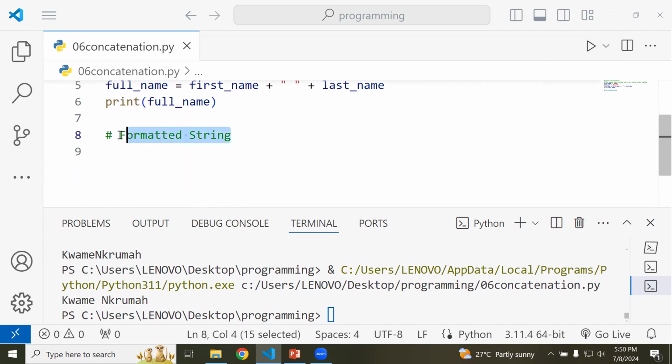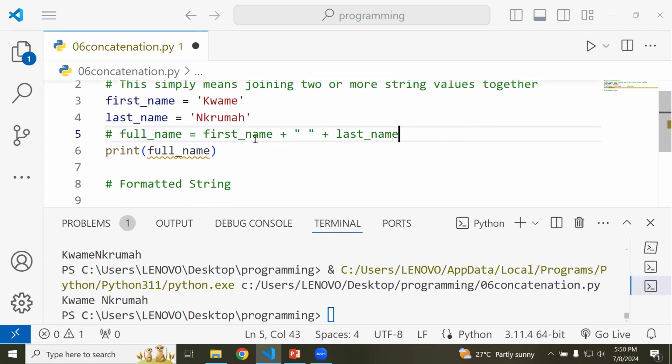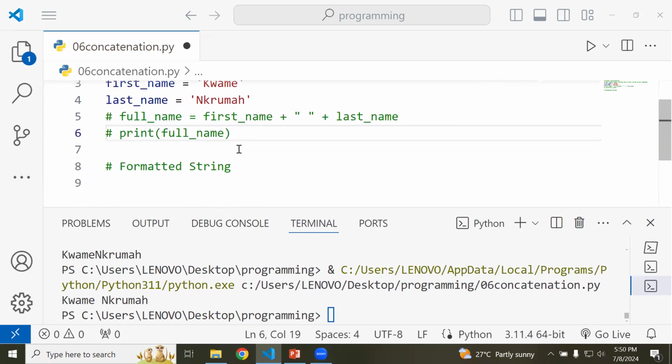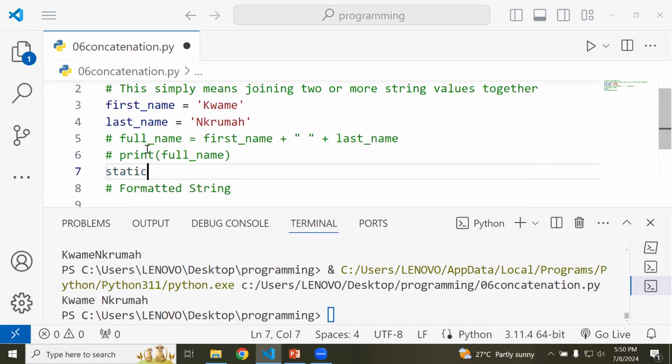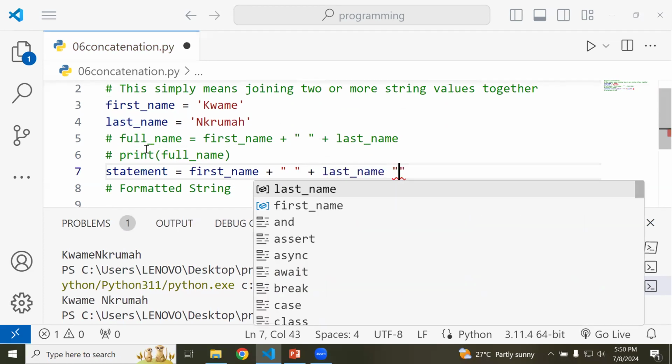Now there's even an elegant way of going about it, and that's going to be because we are going to use formatted strings, okay? And moving on, we are going to use formatted strings a lot. So now let me just comment this one out. And now let me put in a statement. The statement, I can say first name, plus space, so I'm getting Kwame, then Nkrumah, which is going to be the last name, plus